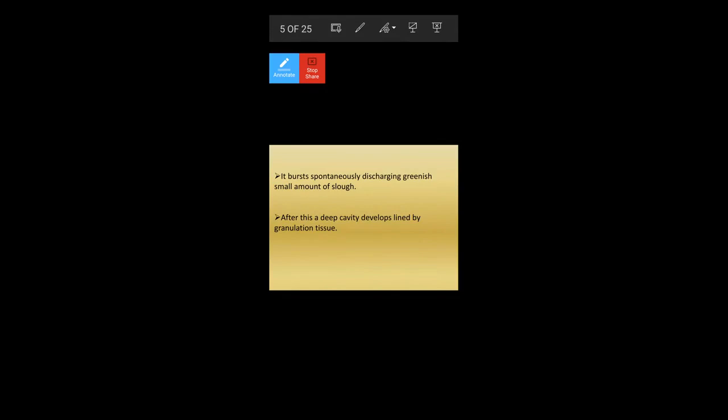Okay. Next slide. Next clinical feature. It bursts spontaneously, discharging greenish small amount of slough. What happens is that when this hair follicle infection grows, the hair becomes very loose. So first you got a swelling, then there was tenderness and pain. After a few days, there was central necrosis and there was a pustule at the center through which the hair is coming out. Slowly the hair follicle becomes very loose and the hair comes out. When the hair comes out, it creates an opening for that pus, and a small amount of greenish yellowish pus